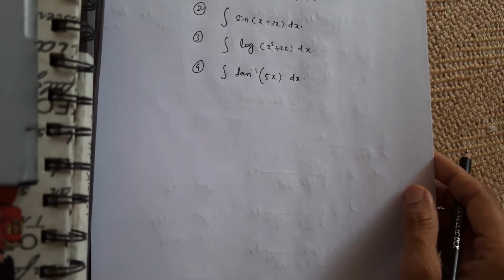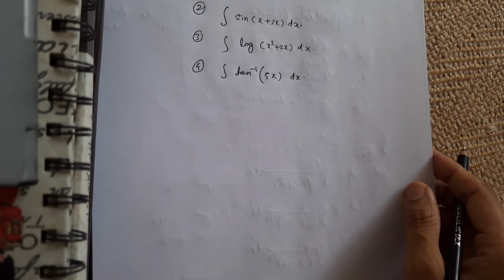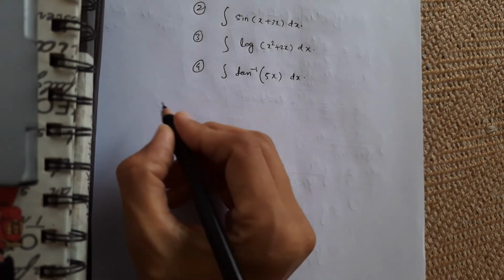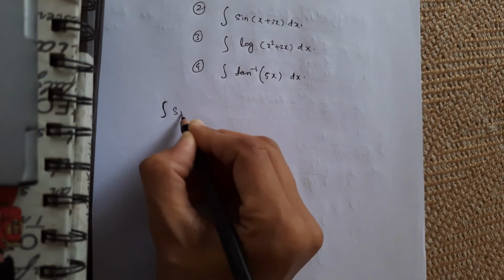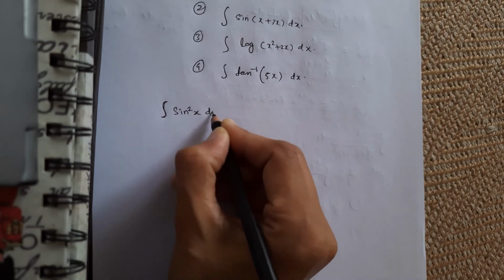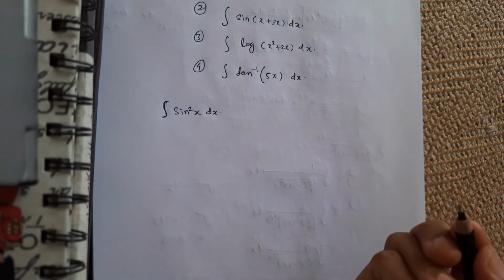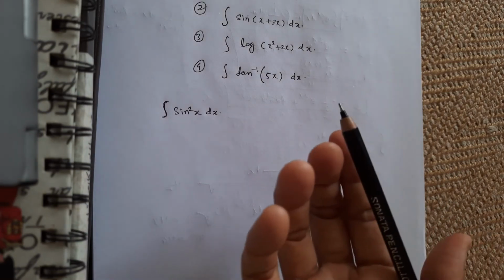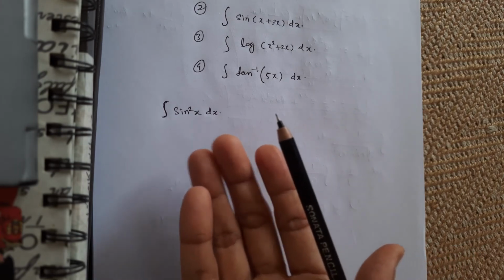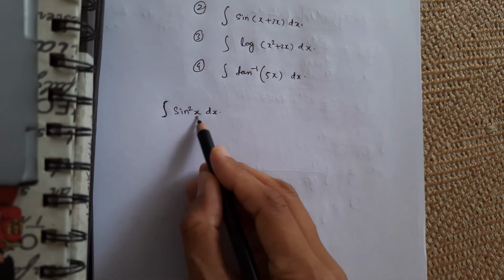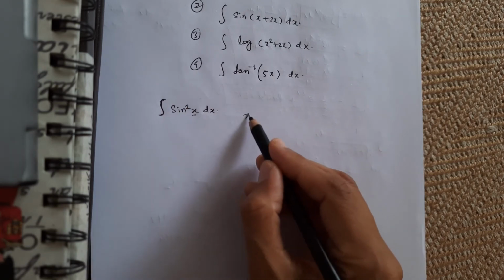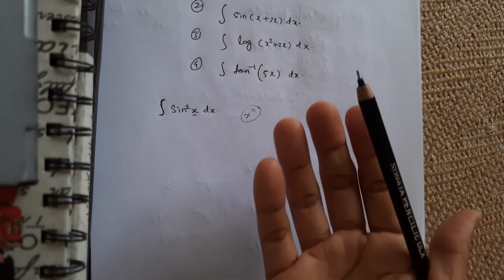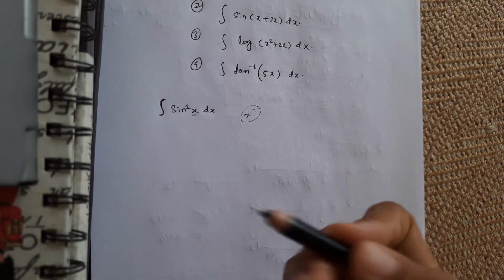So a few of those examples that I want to discuss with you. I'm just going to write an example here, just wait. Okay, suppose I have the integration of sine square x dx. Now I cannot solve this example by any formula because I don't have one. You cannot consider it as a composite function because you have simple x here. It's not like you consider it like x square and then take a derivative. No. So sine square x, you know the integration of sine x but not sine square x.